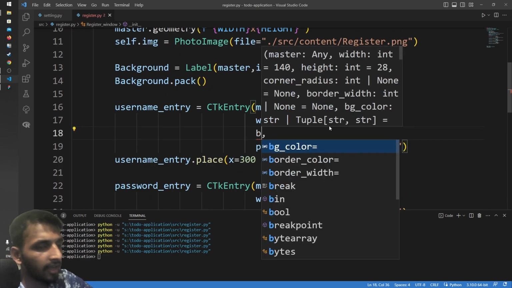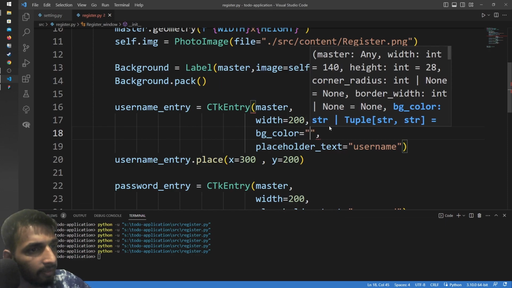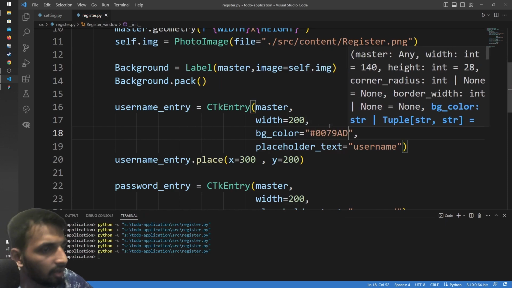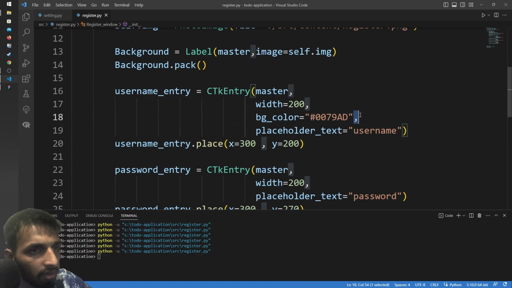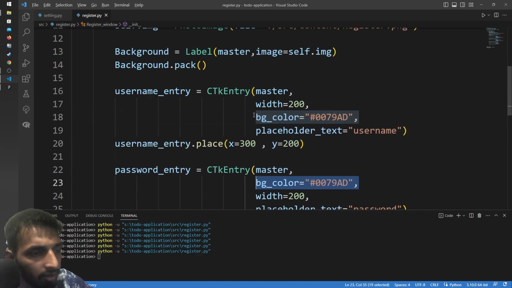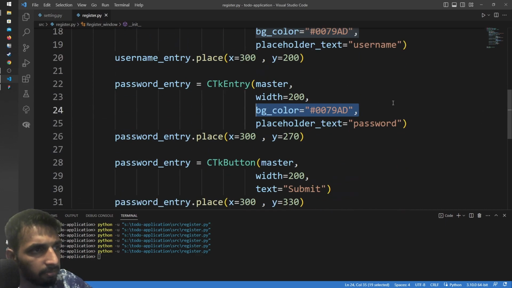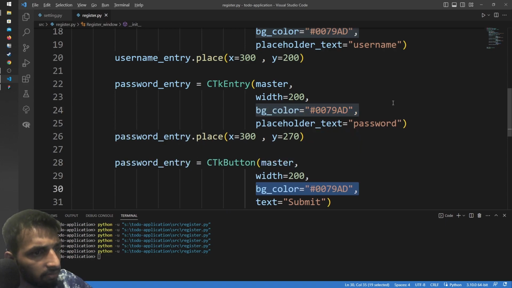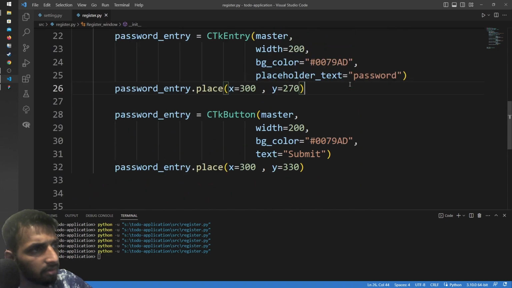So you have to put it like this, bg color, and then put a hash and paste it here, and you have to duplicate it again and again on your password entry and your